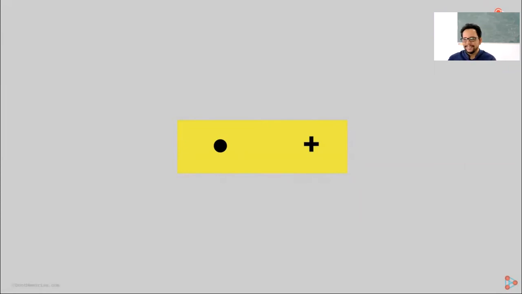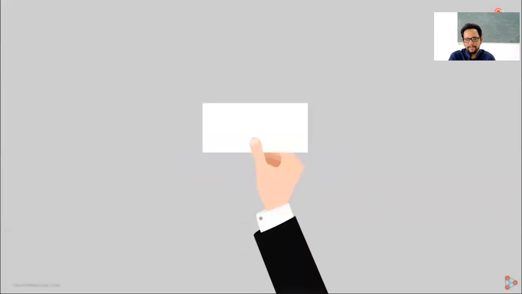Did you find the plus sign disappearing at some point? I'm sure you did. You can try it again. Left eye closed and focus on the dot. You can do the same thing using a blank piece of paper. Draw a dot on the left and a plus sign on the right. Make sure that there is nothing else written or drawn on the paper. Hold the paper at arm's length with one hand, preferably the right one. Close your left eye with the other hand and focus your right eye on the dot.